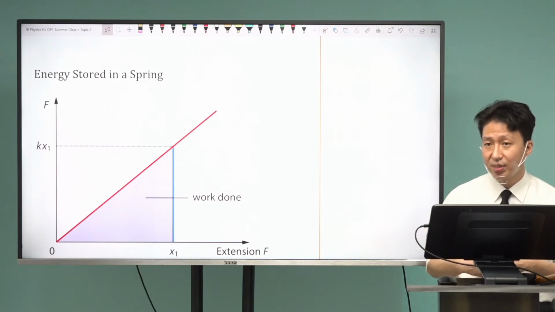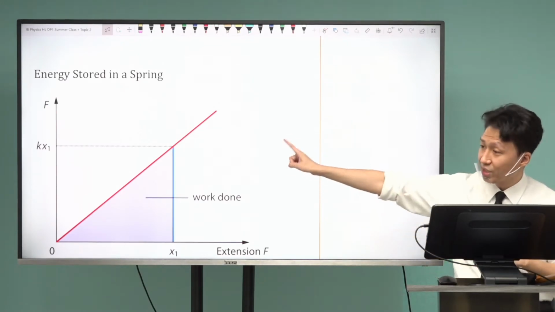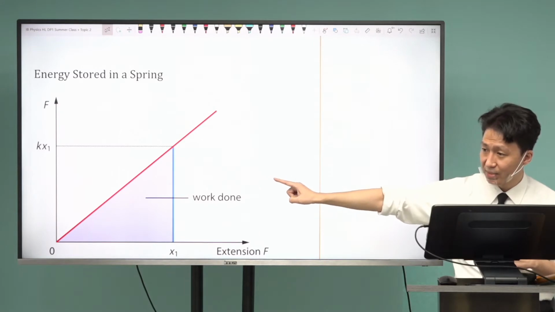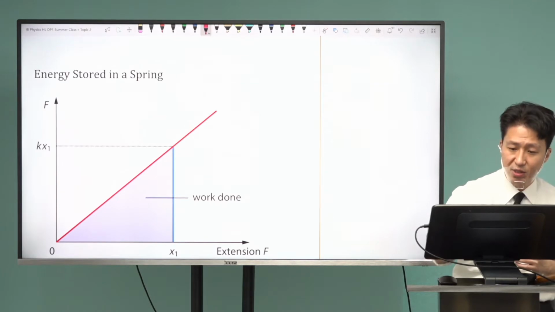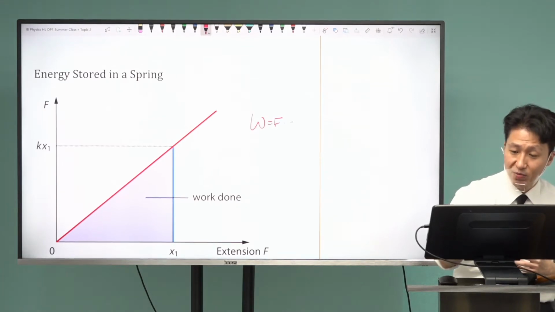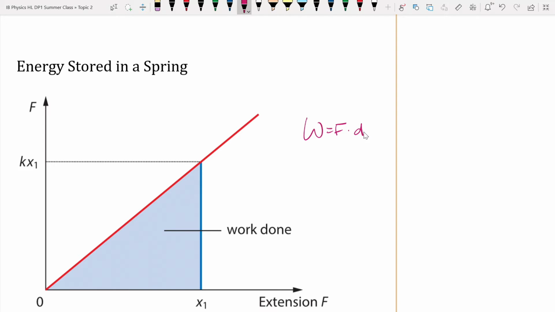Energy stored in the spring: we have to find the area underneath this graph, right? So you recall that we said work was equal to the force times the displacement. This is only true when the force is constant, so when the force is a straight line. When the force is a straight line, this force times the displacement is a true rectangle, so this is the area, right? So in fact, this work done is equal to the area,